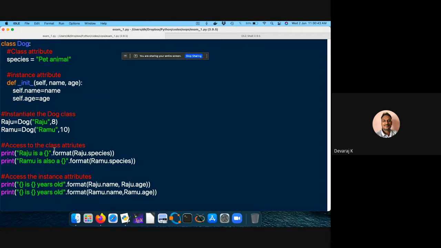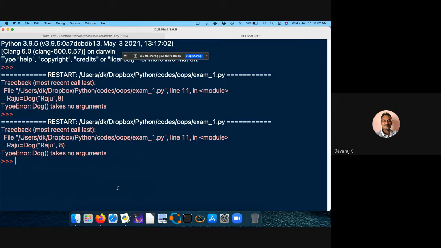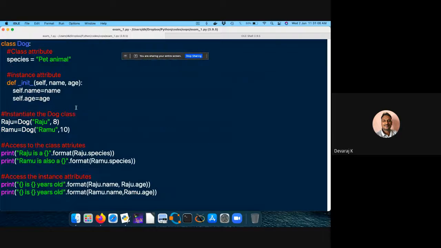So what's happening here? Nothing, it's fine. Syntax is fine. Raju is equal to dog in this particular thing. It's fine. Why it's not running? Doesn't take no arguments. Just to take actually. So it might define 10.